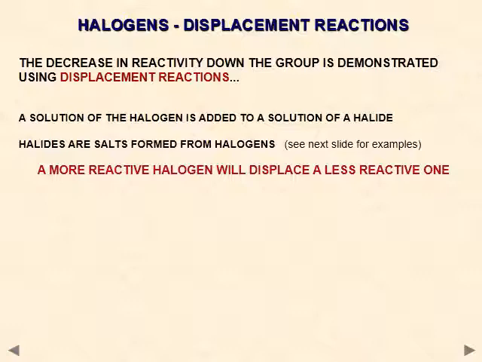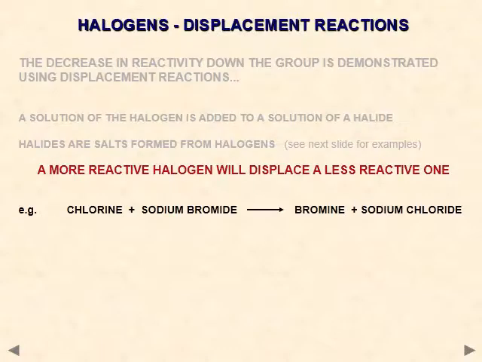So how can we do that? We can have a solution of a less reactive halide ion. For example, you have sodium bromide aqueous solution and you pass chlorine, the more reactive halogen, through the solution, and you see a displacement reaction. But if you try the reverse, suppose you add bromine to sodium chloride solution, no reaction will be seen, because a more reactive halogen can displace less reactive ions, but a less reactive one cannot displace more reactive ions.